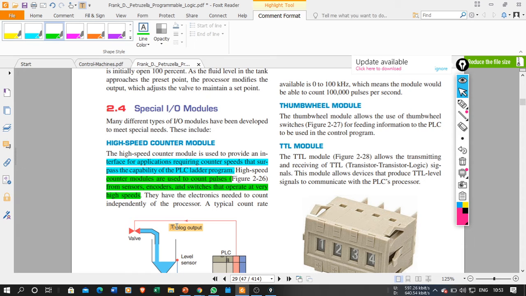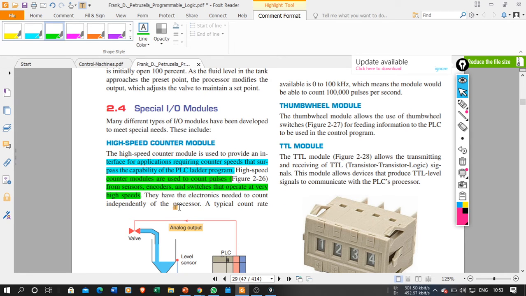For example, if you watch the Mega Factory show that sometimes runs on National Geographic, there is one episode on the Coca-Cola factory. In the Coca-Cola factory, they fill nearly 1000 bottles per minute, or 2200 cans per minute. So it is very high speed. In that case, if I want to measure how many cans or bottles are filled, I have to go for this high speed counter module.